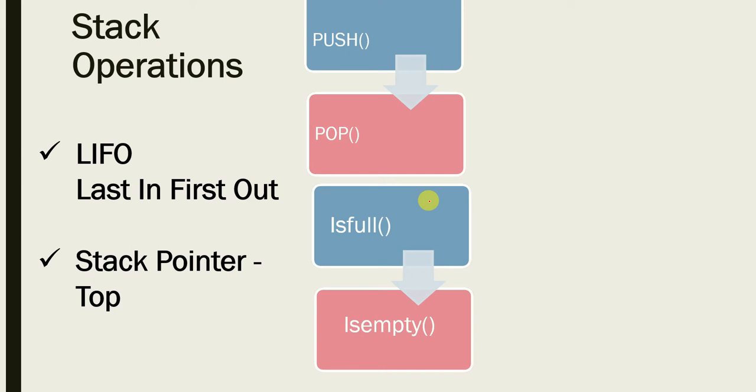Okay, clear, right? And next one is stack pointer. Whenever any element is inserted, you should keep track of that, right? So that is why one pointer is called the top pointer. Top is basically a register which holds the address of where the element will be inserted and from where the element will be removed. That means the physical address it will be storing, right? So two things: one is LIFO and another one is the top pointer.